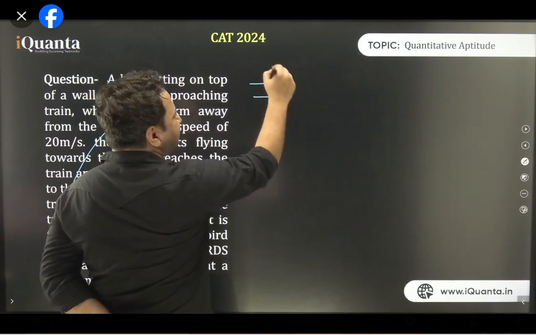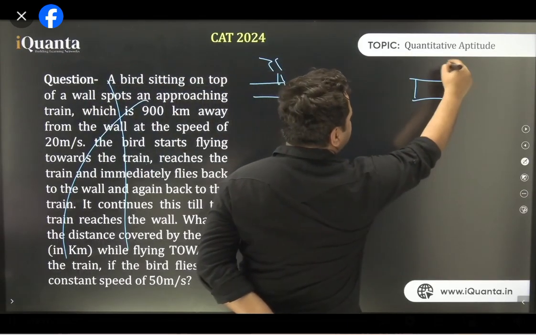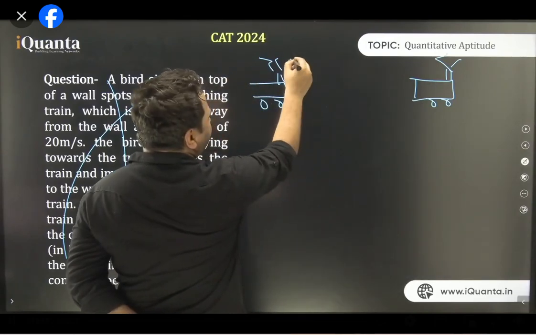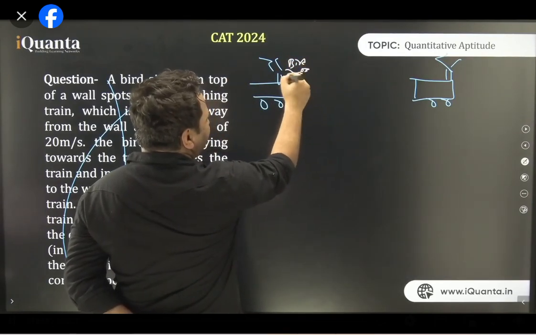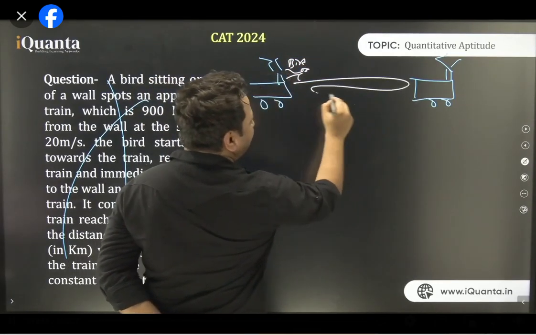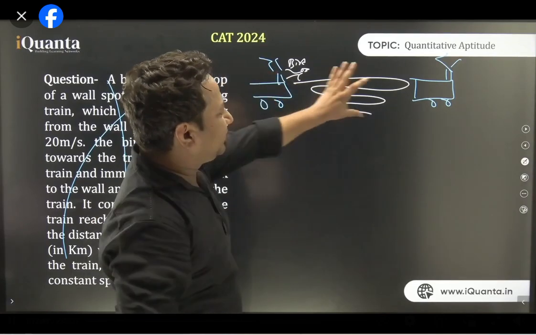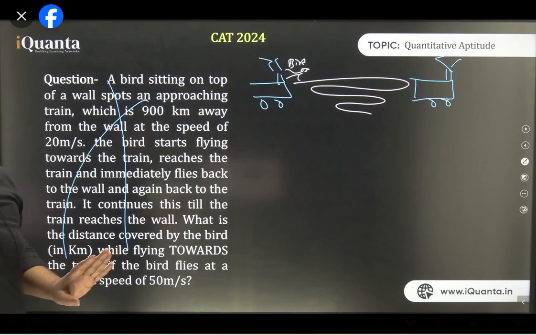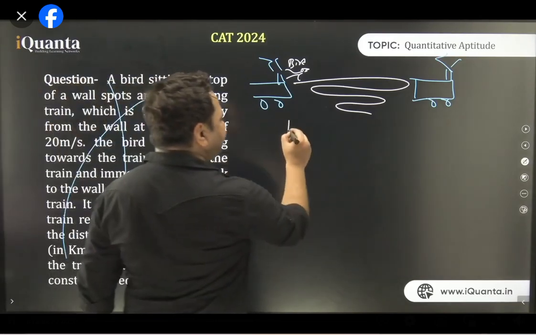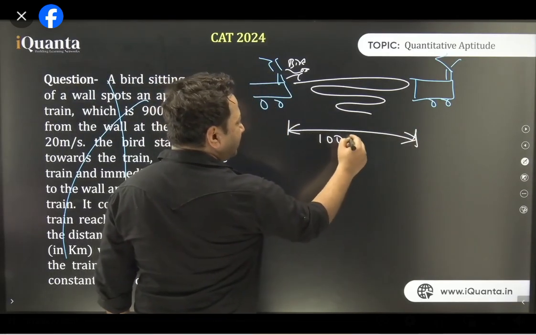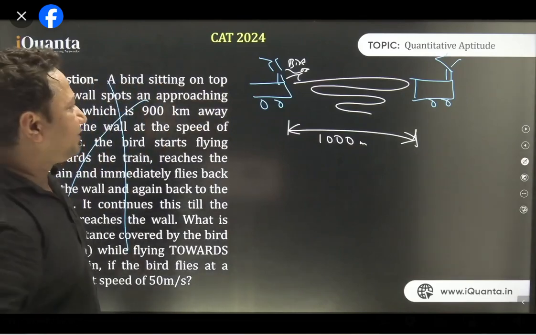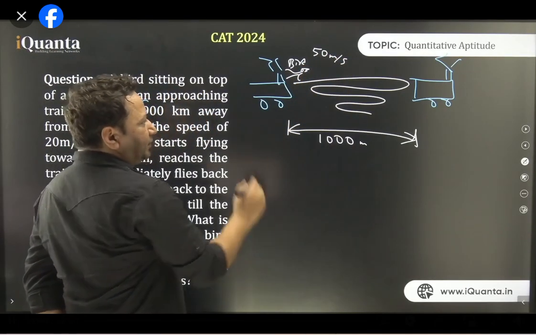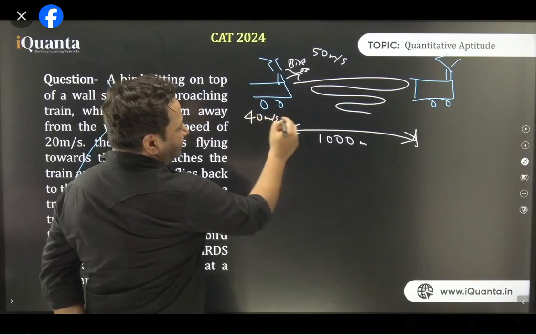There were two trains moving in the same direction. I'm repeating it again. And there was a bird which was flying. The bird moved here, then came back, moved, came back. And it kept on happening until the faster train got the slower train. Okay, you know that, no? हाँ, तो ठीक है, perfect. So the distance between the faster and slower train was 1000 meters. The bird was moving at 50 meters per second. All right. The speed of the faster train was 40 meters per second. The slower was 30 meters per second.